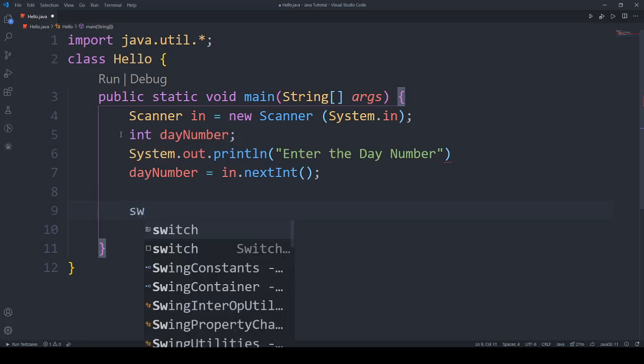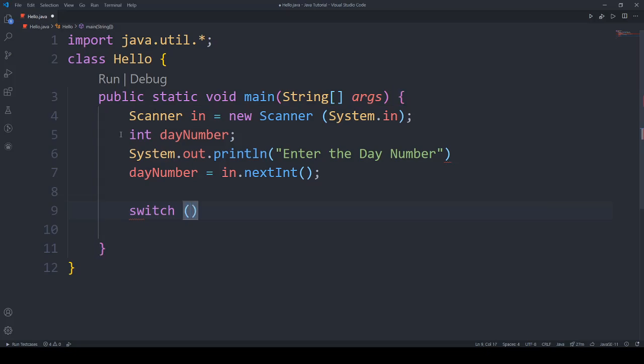Okay, so this is the part where we have to write the switch case statement. We write switch and it takes a key, or you can say a choice, so that will be the day number here. A switch case statement will operate according to the day number, which is the key here. The first case we write here is case 1. So 1 is the value which will be compared with the key. If the two match, then the statements inside that case will be executed. If it doesn't, then another case will be executed.